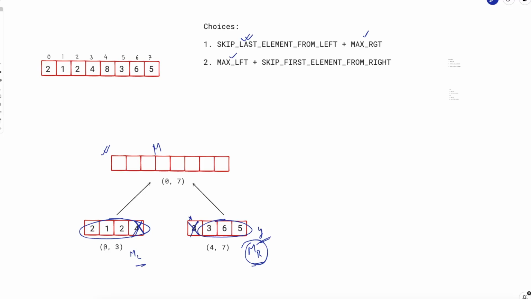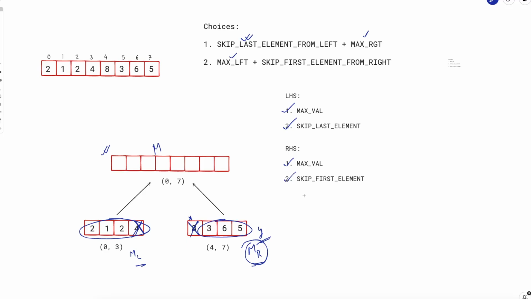So these are the 3 things you want, and notice you want these things from different candidates. From the LHS, on the left part, you want 2 things: the max value and the value if I skip the last element. From the RHS, you want the max value and the value if I